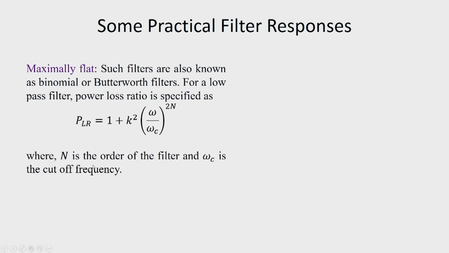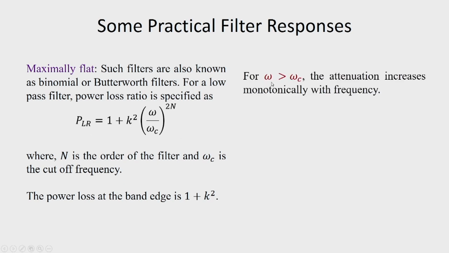Here capital N is the order of the filter and omega c is the cutoff frequency. So, at omega equal to omega c, the PLR value becomes 1 plus k square. When omega is larger than omega c, attenuation increases monotonically with frequency. As frequency is increased, the attenuation increases, and when omega is